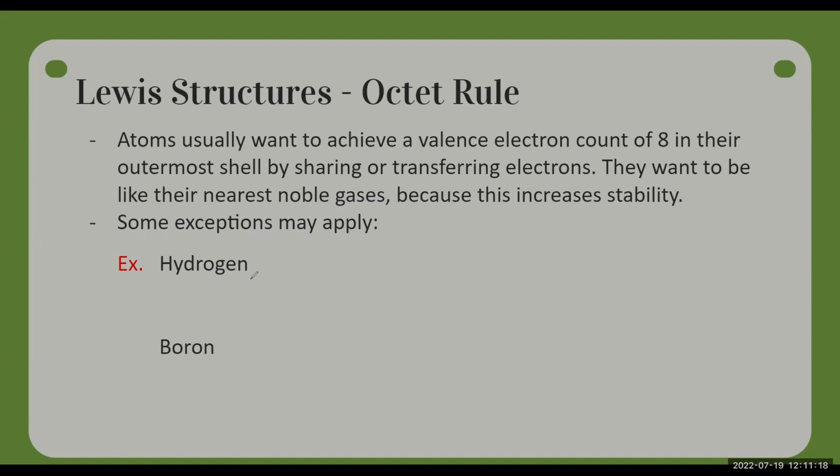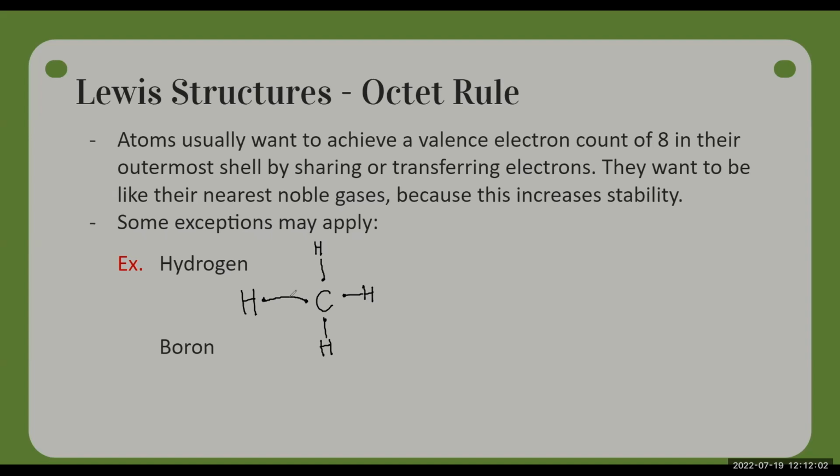Now, there are some exceptions that do apply. We have something like hydrogen, for example. Hydrogen does not need to fill a valence electron count of 8, and instead it can just get to 2. Let's say we have some molecule like this. We can do a total of 2 valence electrons. This bond represents 2, and then we can put another one here, another one here, and another one down here. So hydrogen only needs to form 1 bond